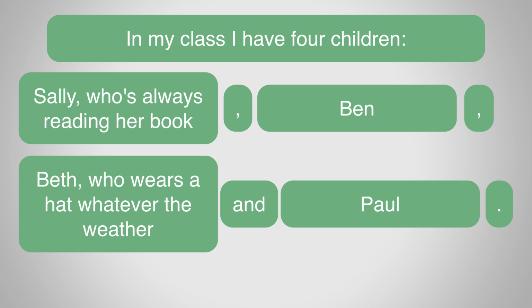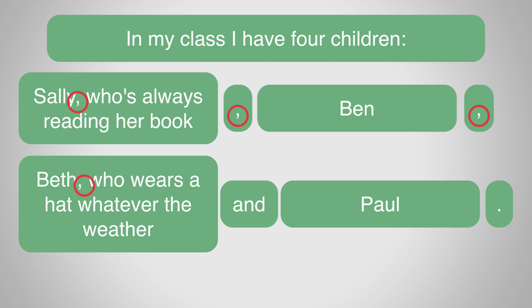In my class I have 4 children. Sally, who's always reading her book. Ben, Beth, who wears a hat whatever the weather, and Paul. The problem is though, the commas make the list slightly confusing. It's not clear where I'm using commas between items in a list and where I'm using commas within an item